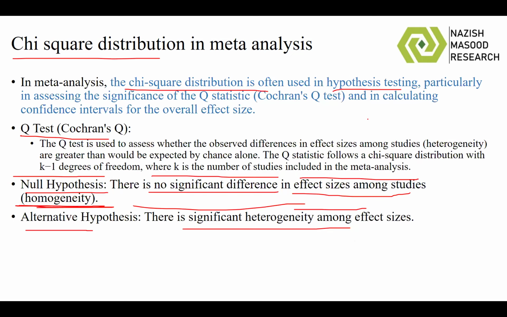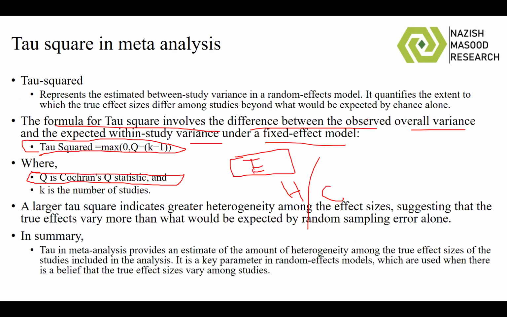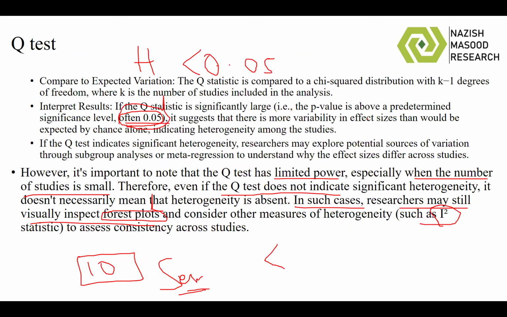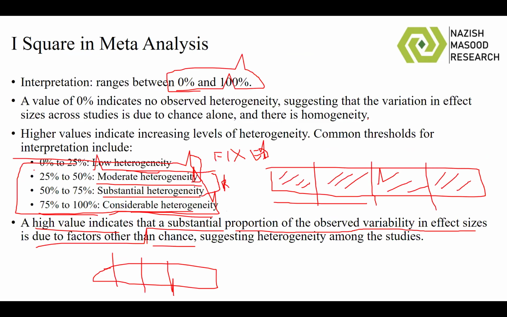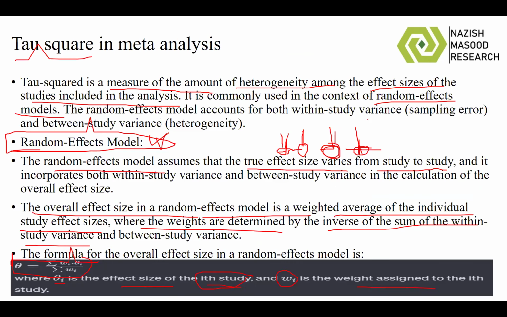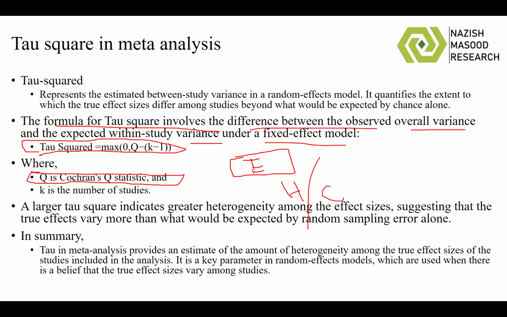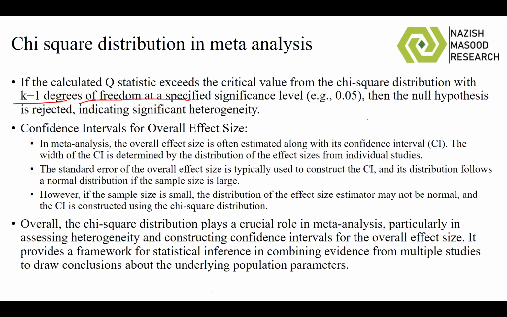So therefore, you see the degrees of freedom when we are calculating Cochran's Q in the formula of Cochran's Q. I have not given the formula here, but it's there. And then also in tau square, the formula is there. So, with that being said,